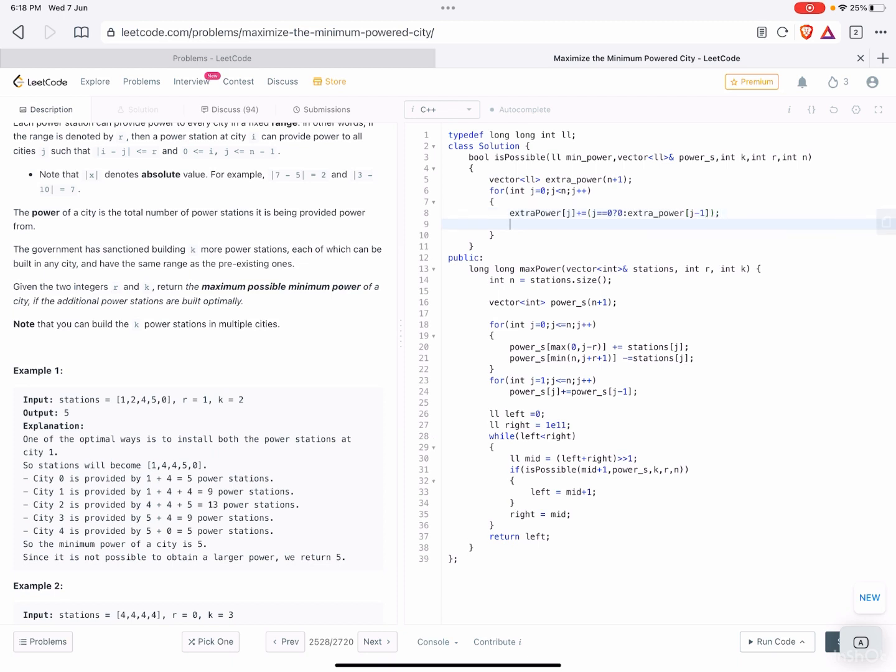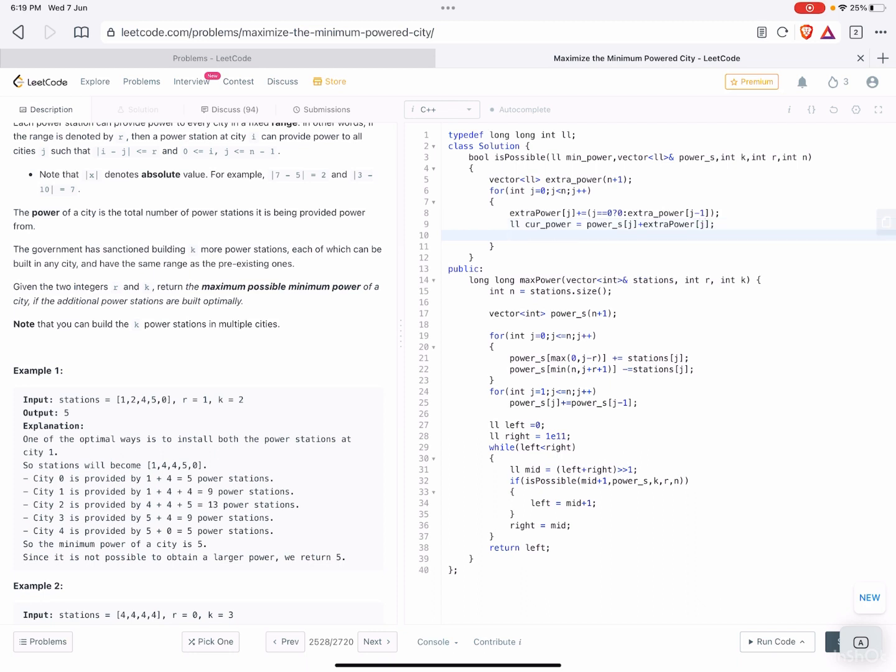After that we could define current power as the power of s at j plus extra power j. And finally, to calculate the required value, the requirement will be the minimum power minus the current power.